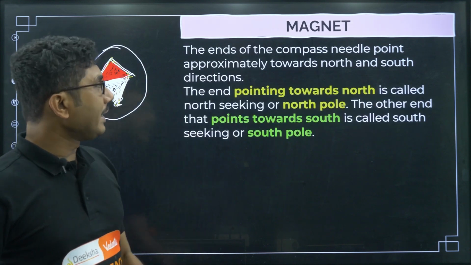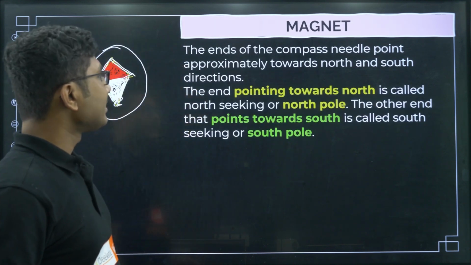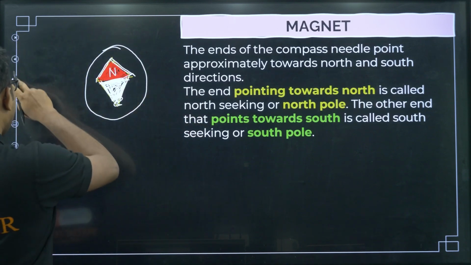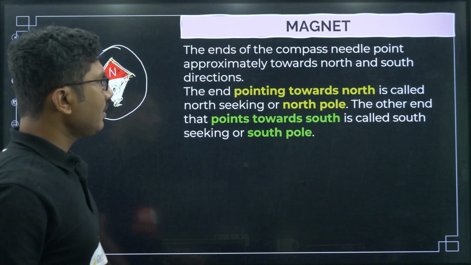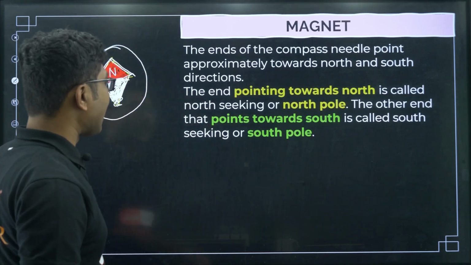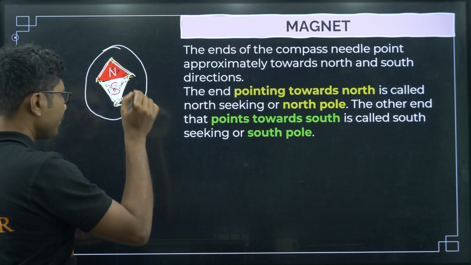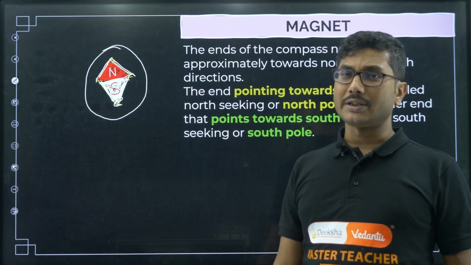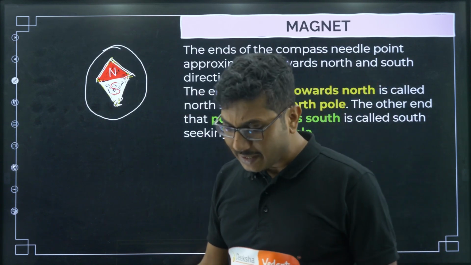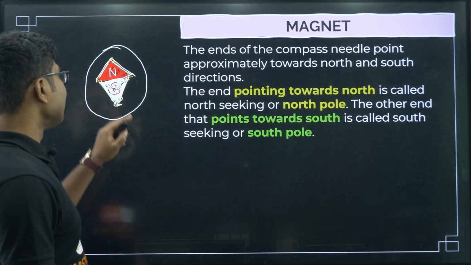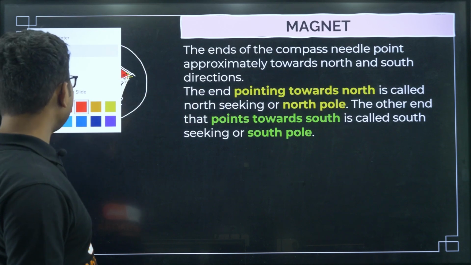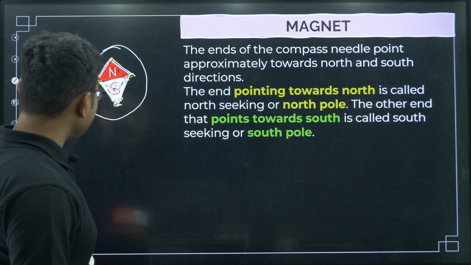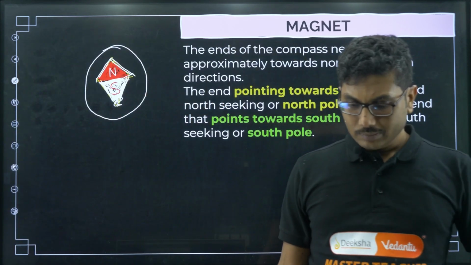Now the end pointing towards the north is called the north seeking pole, or north pole. And the other end that points towards the south is called the south seeking pole, or south pole. So the south pole points towards the south; its original name is south seeking pole, and the other's original name is north seeking pole. But in colloquial terms we say this is north pole, this is south pole,